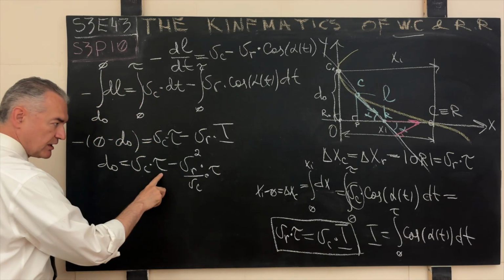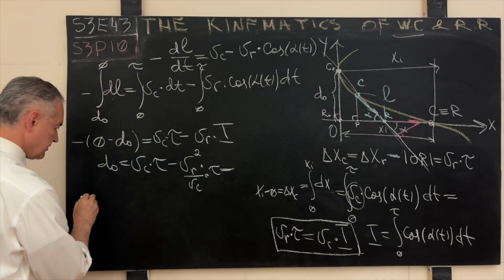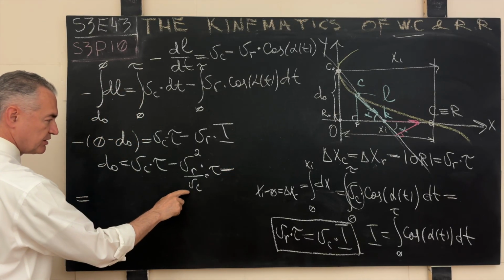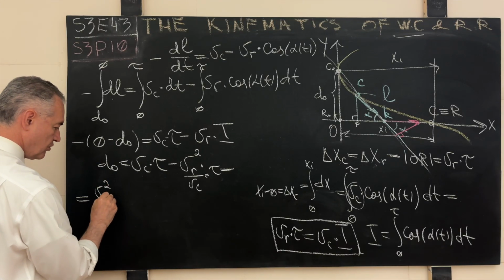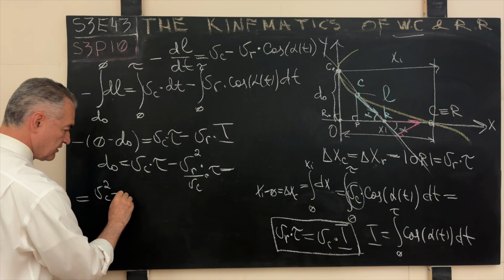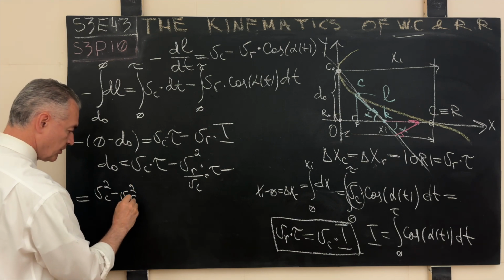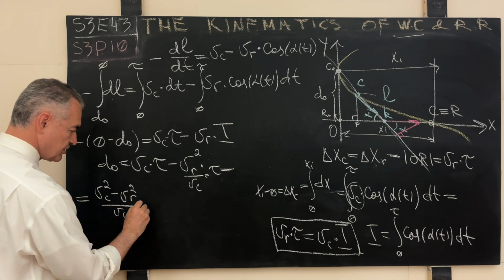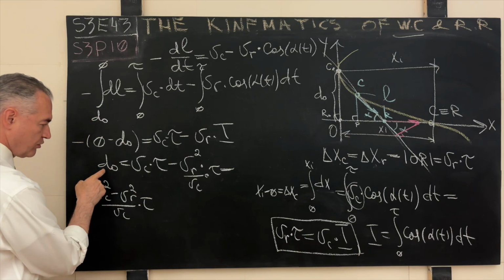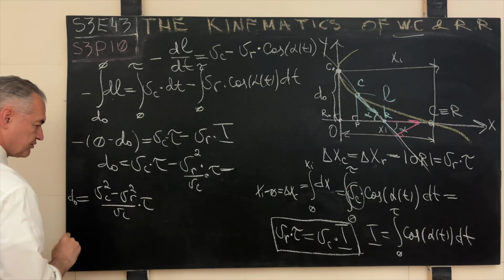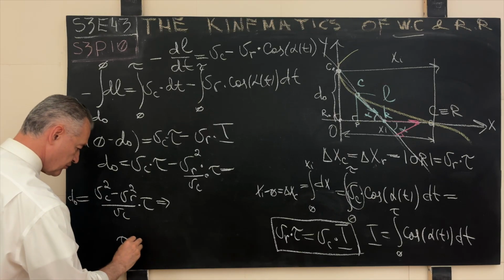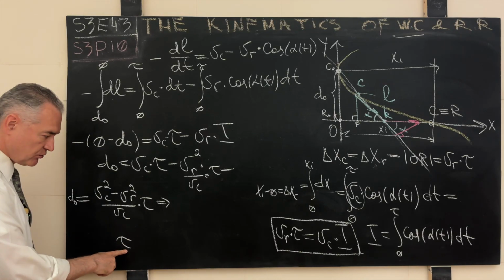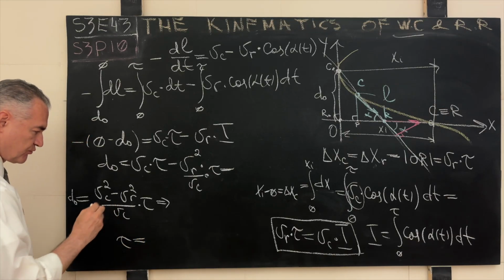So tau here, let's factor it out together. So we have, and bring this into the same denominator. So velocity of the chaser squared minus velocity of the runner squared divided by the velocity of the chaser times tau, and all this beautiful mess is equal to d0. From here it follows what? Let's write down the expression for the intercept time tau. We now know what it is. It's actually quite beautiful and quite elegant.